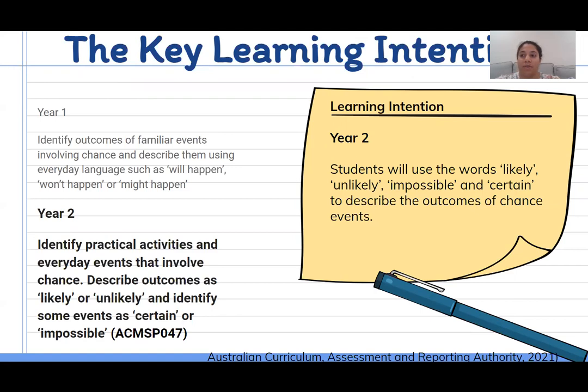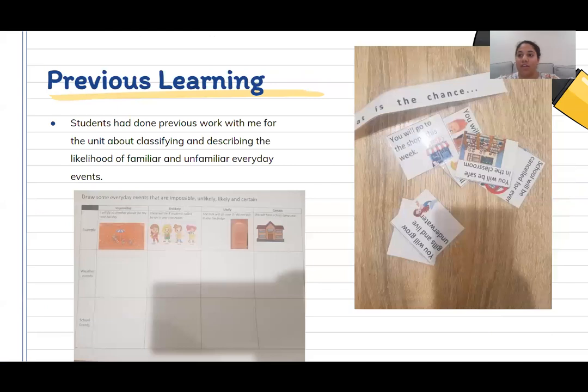I chose this partially because I think that I learned more from this experience and it was more significant, but also because the year 1s picked up their content fairly quickly. Because this learning followed on from us covering the same vocabulary, such as likely and unlikely for familiar everyday events, I did have some formative assessment work samples, including the table to the left here, where students could show their understanding of new terminology by writing and drawing examples of events they believed matched up.